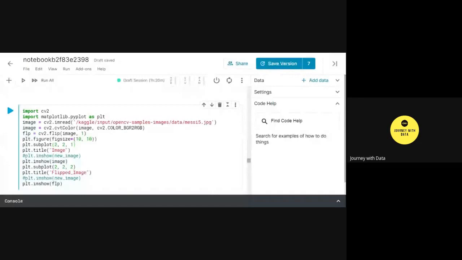This is the image, and this image was the original image. That's the variable inside plt.imshow, and plt.imshow another subplot to display the flipped image. So I have titled it as flipped image and plt.imshow flp. This flp contained the output of flipping an image. Now I am running it, just pressing Shift Enter.